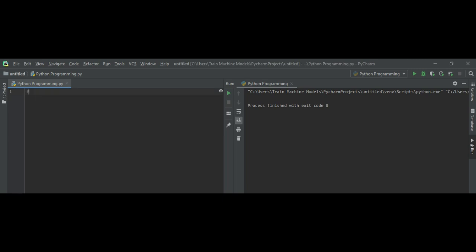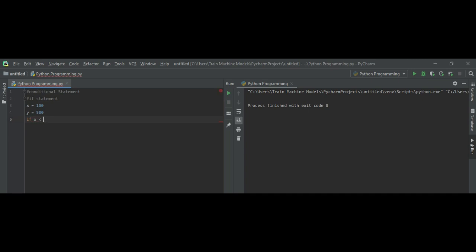Okay, now conditional statements, and first we discuss the if statement. Just suppose I have two variables. The first one is x, and x is equal to 100, and the second variable y is equal to 500. Now if I use an if statement, then I will simply write if, then the condition. The condition is x is